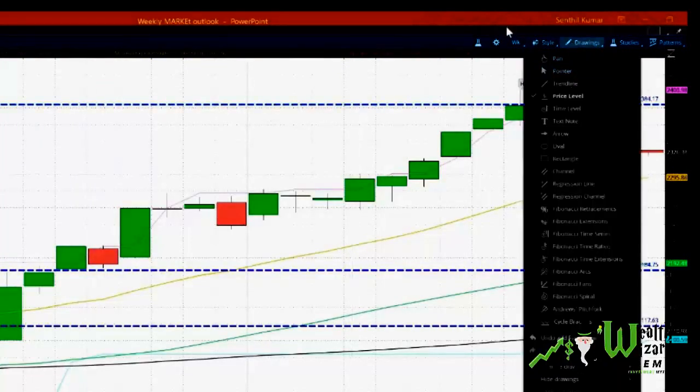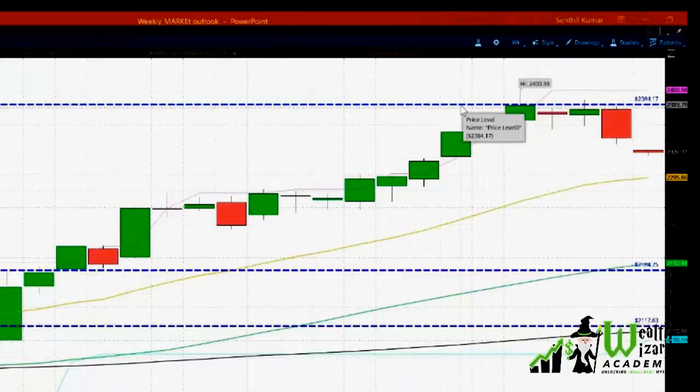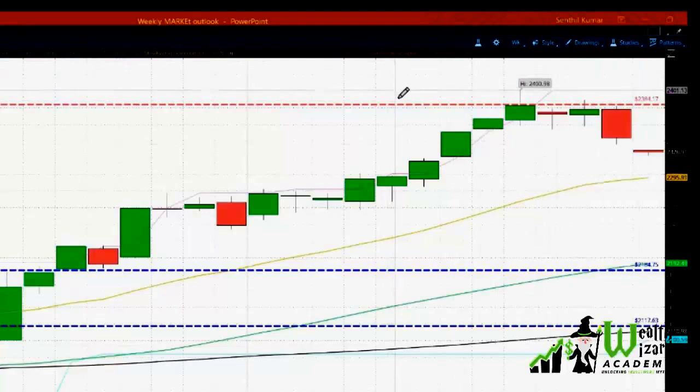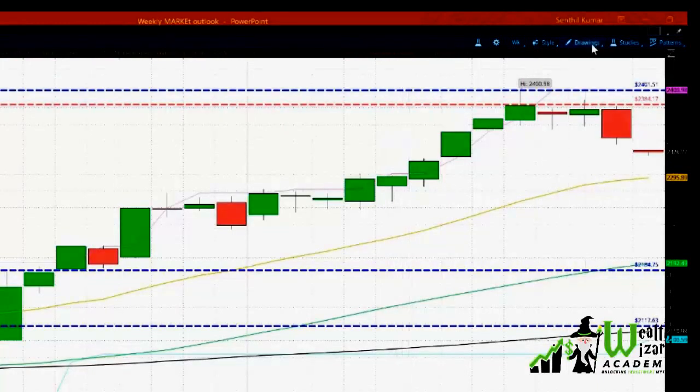So of course, as usual, I always color my resistance in red because of obvious reasons. And then anything above that is obviously going to be around 2400. All right. So that pretty much sums up our SPX right now. Going forward,